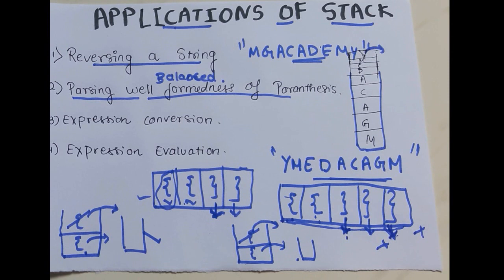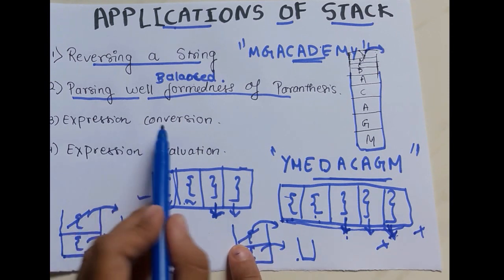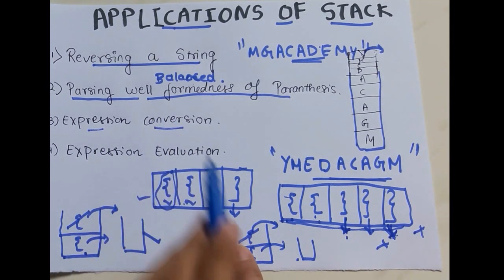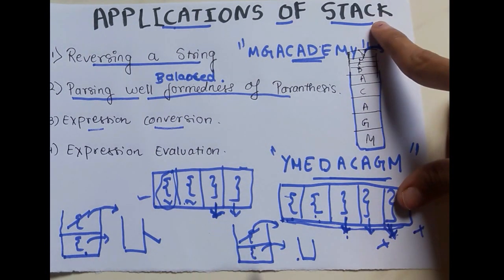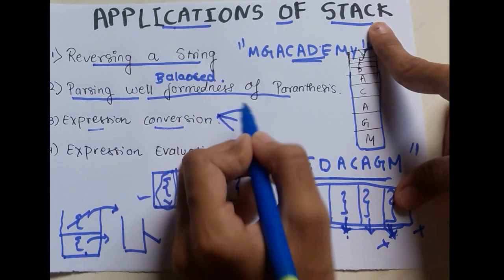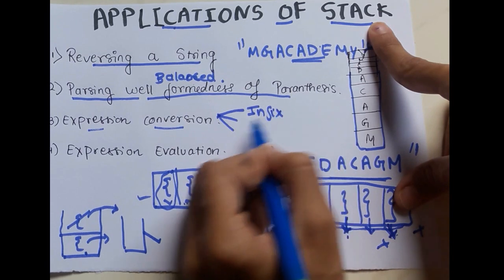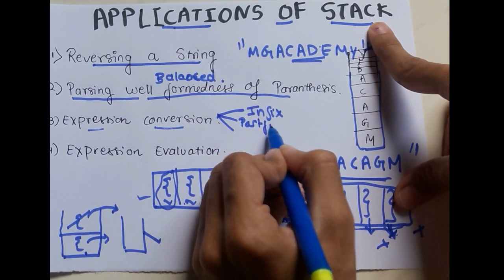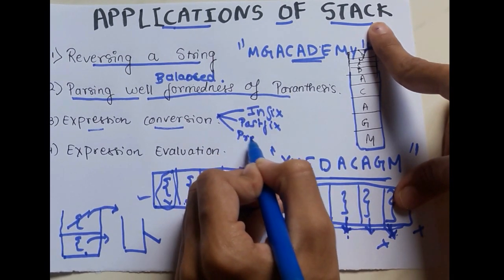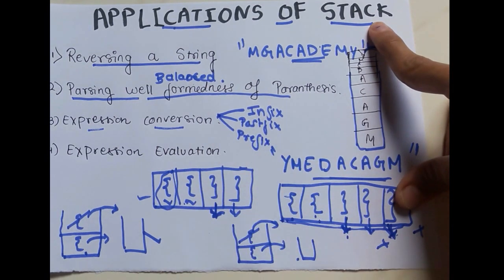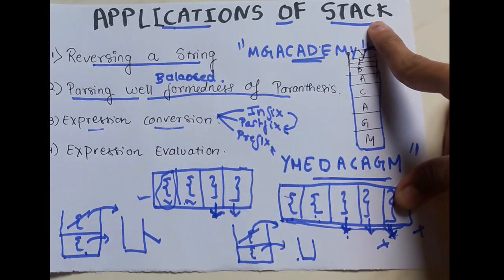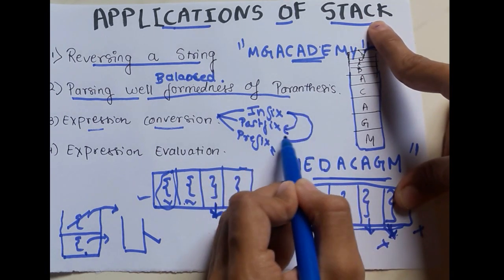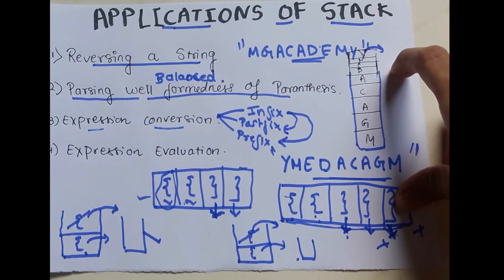Okay. And the third application is the expression conversion. As we know, there are three types of expression: infix expression, postfix expression, and prefix expression, isn't it? So there are three types of expression: infix, postfix, and prefix. And there is interconversion here. That infix expression is converted into postfix expression, and again infix expression is converted into prefix expression with the help